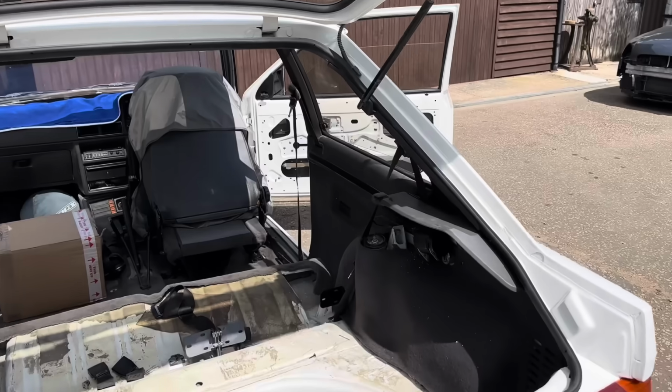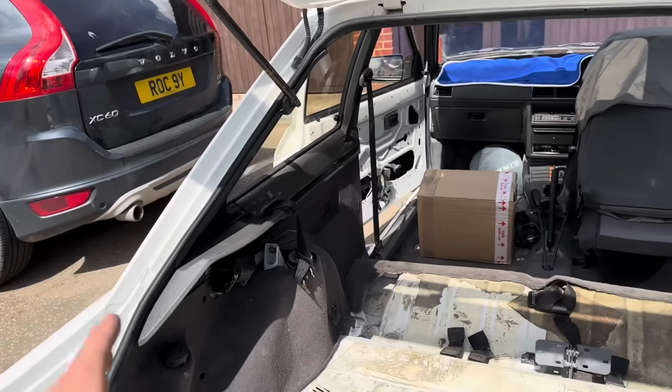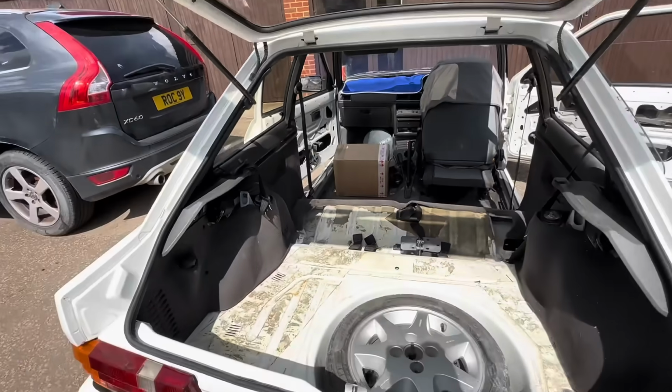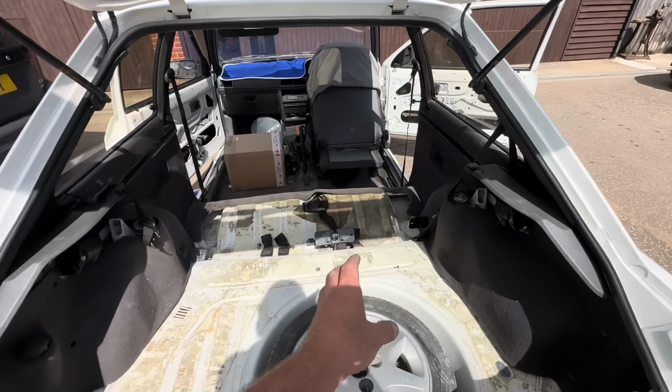It has been so much work, guys. I stopped time-lapsing, literally trying to get all of this back together. But you can see, slowly but surely, I've been piecing all of this back together. I'm quietly confident we've got everything in now. I really want to vacuum underneath the seats, but